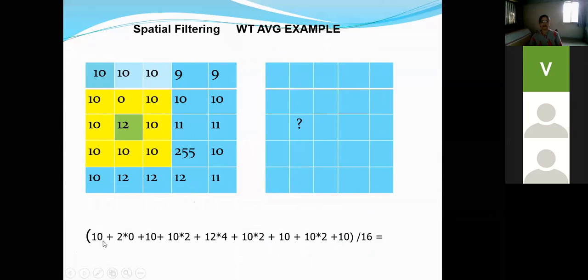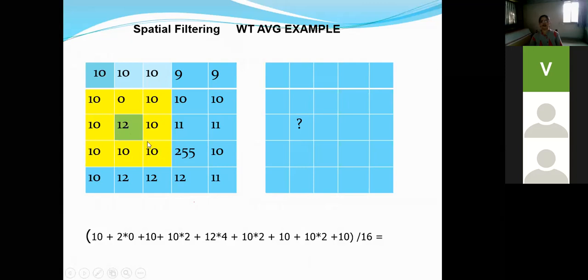So 10 multiplied by 1, then 0 multiplied by 2, then 10 multiplied by 1, again 10 multiplied by 2, then 12 multiplied by 4, then 10 multiplied by 2, then 10 multiplied by 1, 10 multiplied by 2, and 10 multiplied by 1.